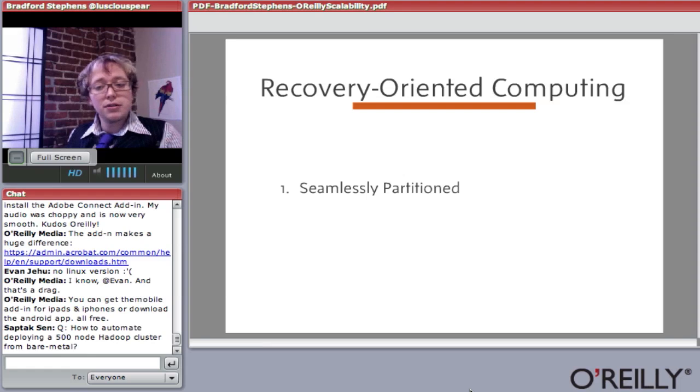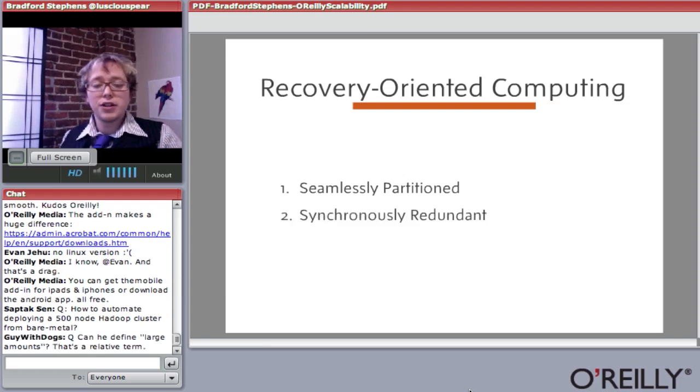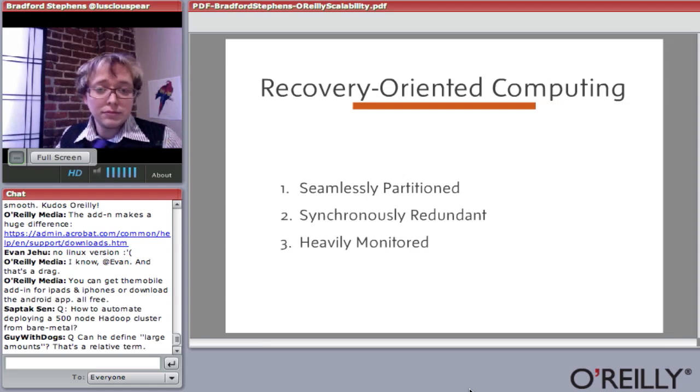And if your algorithms aren't right, or if your failover stuff isn't quite right, you're going to run into a lot of problems trying to figure out how you get your data split across these machines and query them so that there's no hotspots and things like that. Everything needs to be synchronously redundant, and Hadoop is a pretty good example of this. But if you yank a computer, your users shouldn't know. Things should fail over elegantly and without intervention.